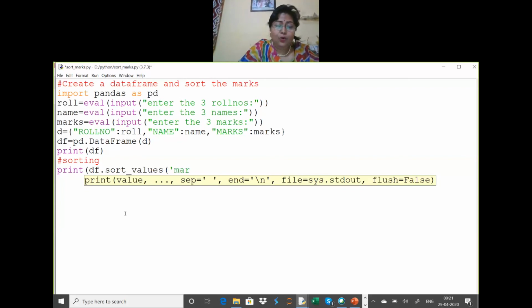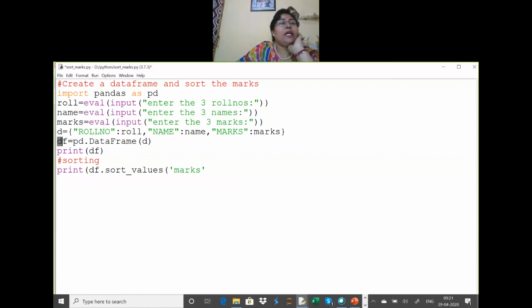Clear? So only this much you have to remember. The data frame is the name of whatever table you have created. The function is sort_values. Now, which column will it sort by? By marks. So on the basis of marks it will sort.